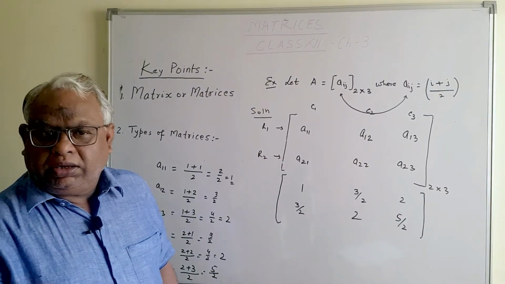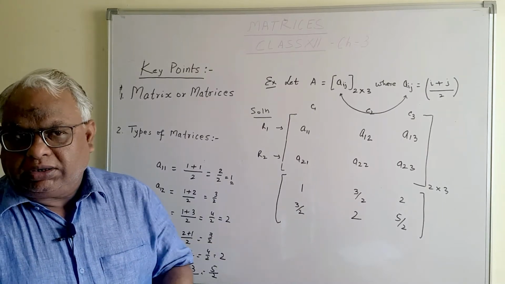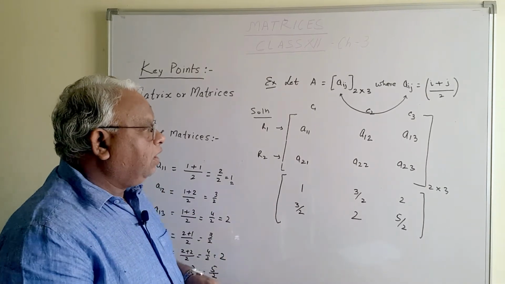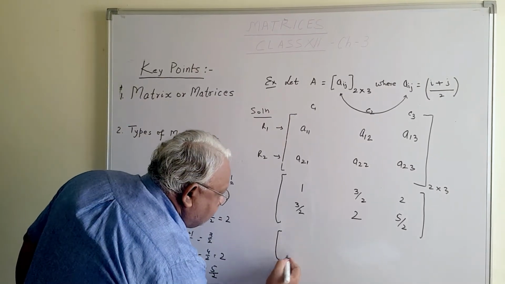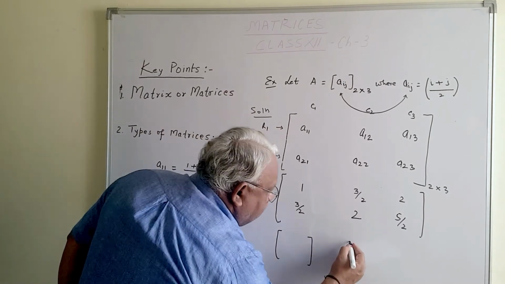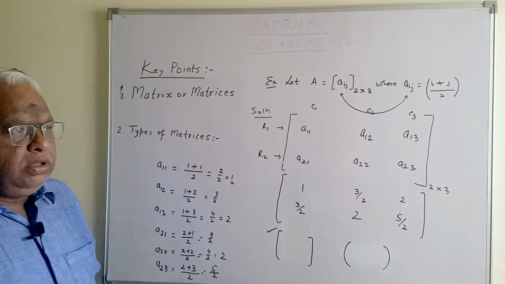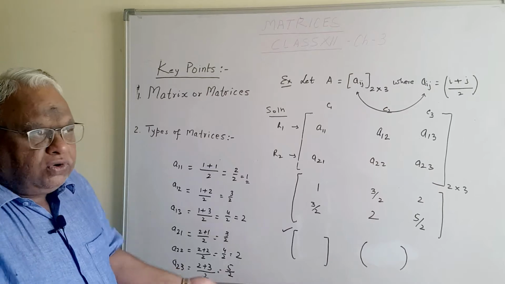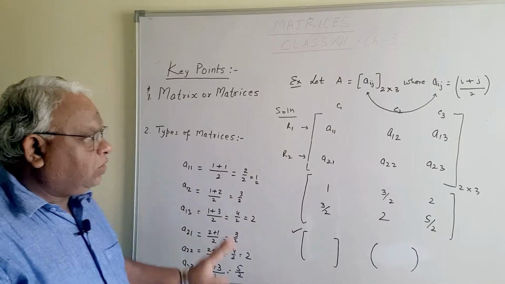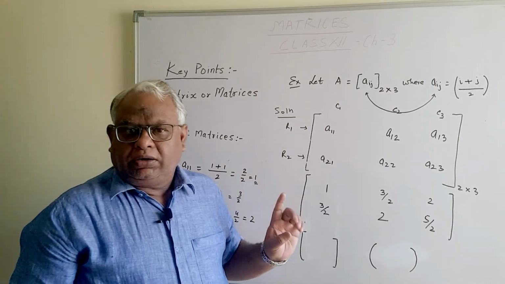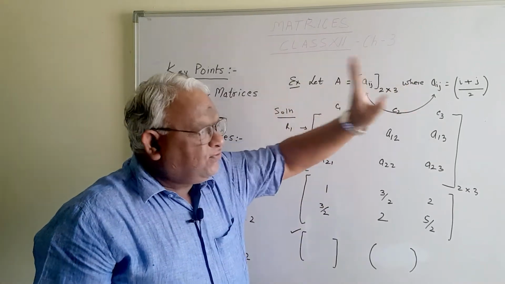I hope you got it. This is how you have to calculate a matrix, and this is how you have to represent it. Let me tell you, there are two types of representation for a matrix. One is this and the other is this. I'll be using this one for safer reasons. There is no problem. If you are comfortable with the other, you can use that also. There is no difference at all. So I hope things are clear, how to calculate the matrix when the element is defined to you.